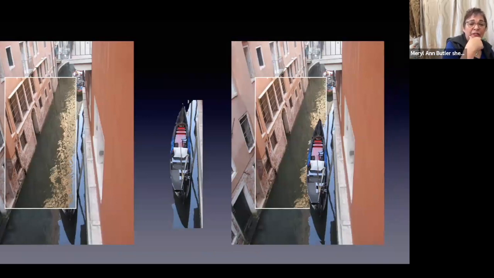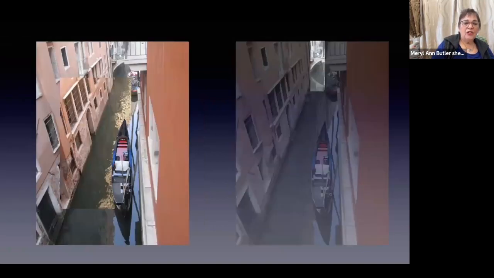The image on the left, with the white line around it, is actually laid exactly on top. Now, the angle of the photo was different, so I had to change the angle and the size of the picture to get it put on top. But that's how you combine two pictures with perspective, is to make sure that you have one on top of the other with all the perspective lines lining up. And then on the right-hand side, I took the boat and I plopped the boat right on top of there. So I'm building this picture piece by piece into what she wants. So then, what am I doing here? Oh, okay. So the picture on the right,